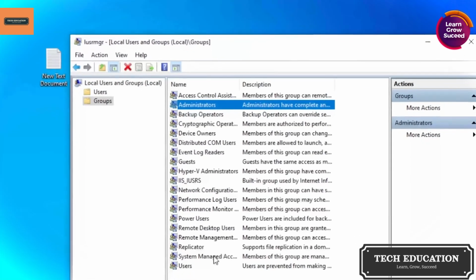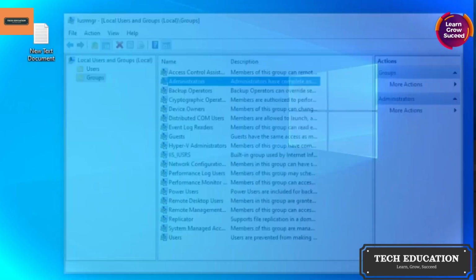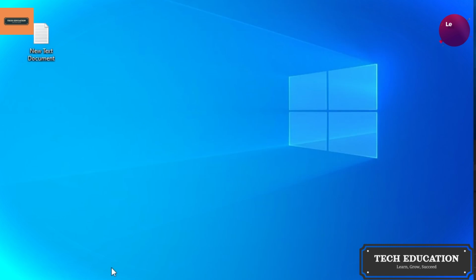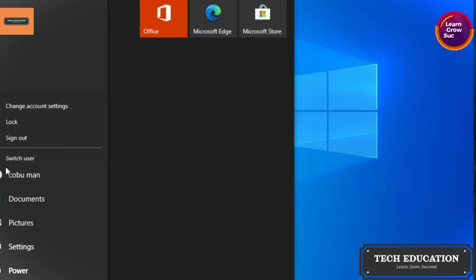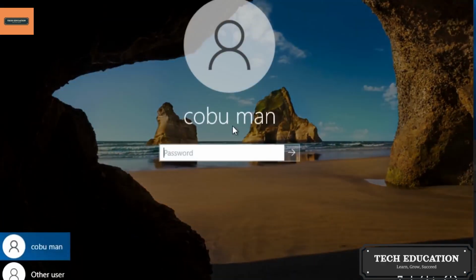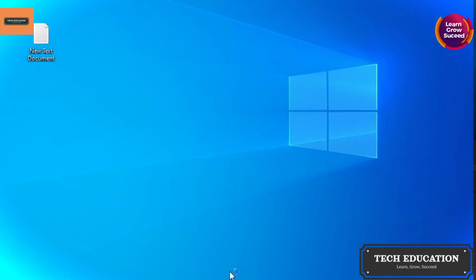Under administrators, I'm going to click OK. And again, these changes came from the domain, from the Active Directory. And I'm just going to close this. And now Kobuman has administrator privileges. So if I open up, well, it should work. Let me just do a sign out and sign in real quick just to make sure that it does replicate. So this is one way to actually make sure that your domain changes are replicating,